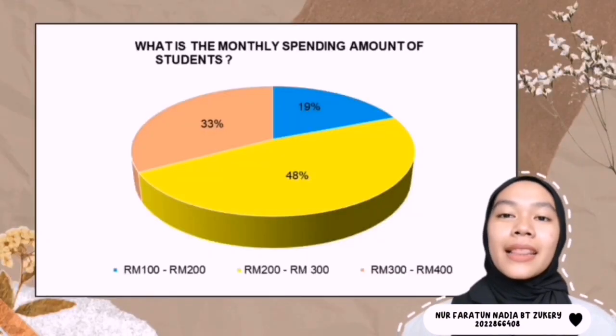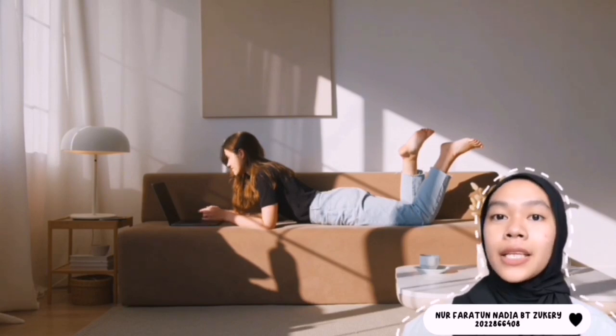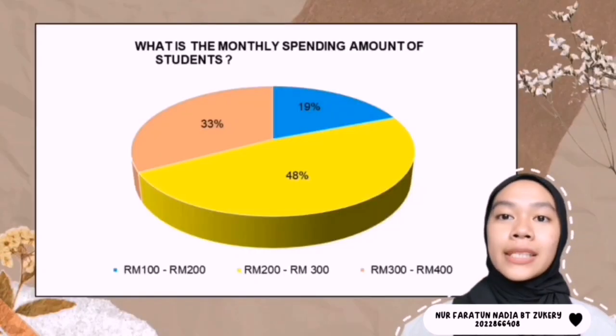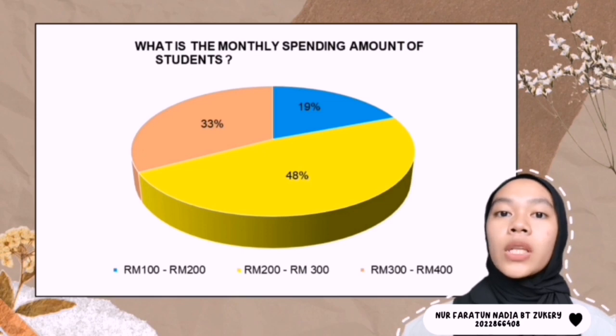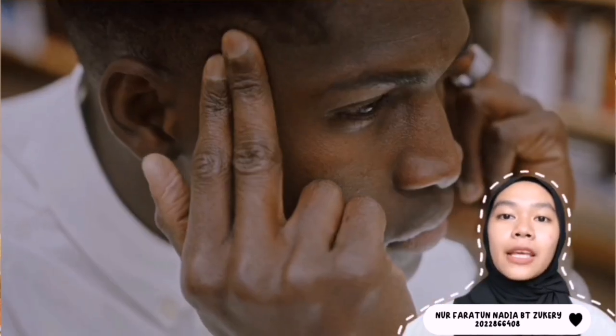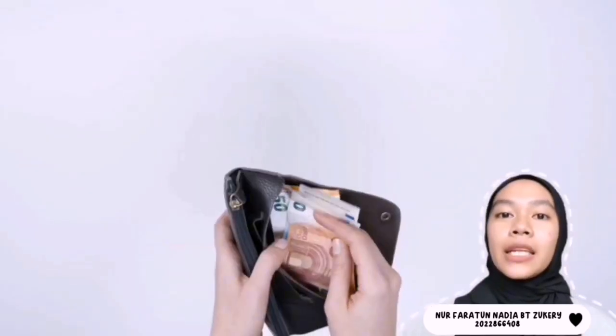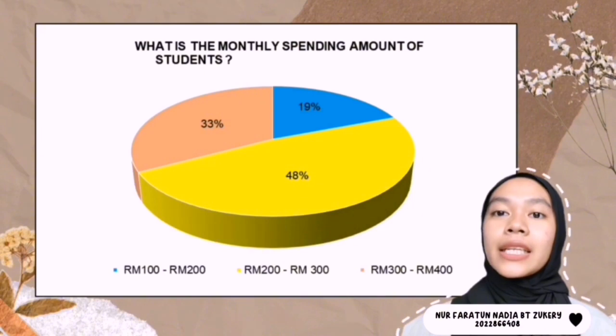And next, there are 33 respondents choosing to spend 300 to 400 ringgit monthly. Whether they live on campus or not, the monthly expenses of students can differ depending on several factors. Lastly, there are 19 respondents who spend monthly between 100 to 200 ringgit. And in my perspective, students who struggle to make a living and are tight for cash could purposefully keep their